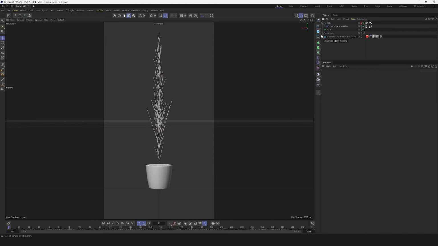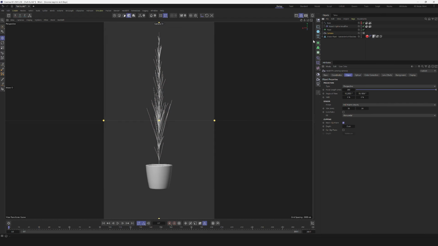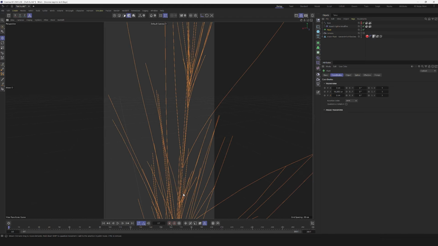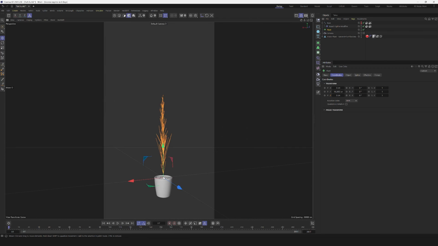Actually, let me show you the camera. My camera is just focal length 200 degrees. If you're talking about coordinates, I rotated it 180 degrees here, and changed position by Y and position by Z. So let me deactivate my camera, just switch here, check,